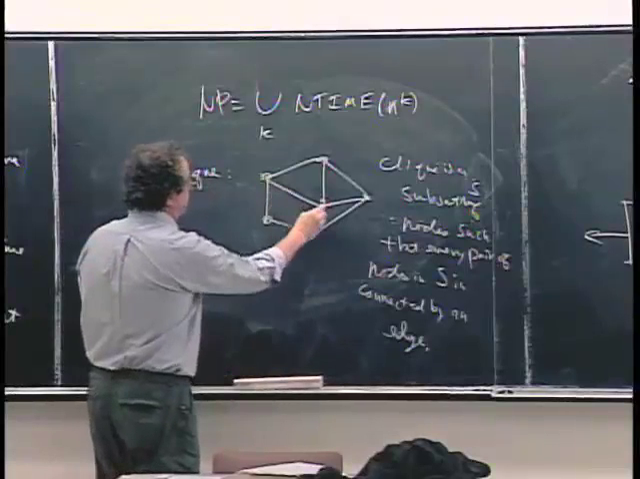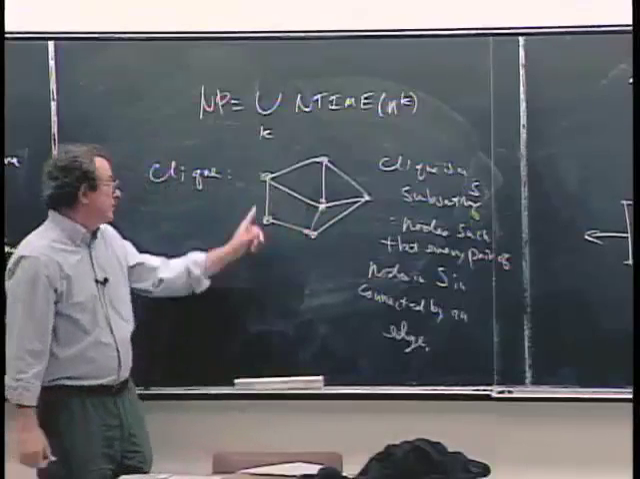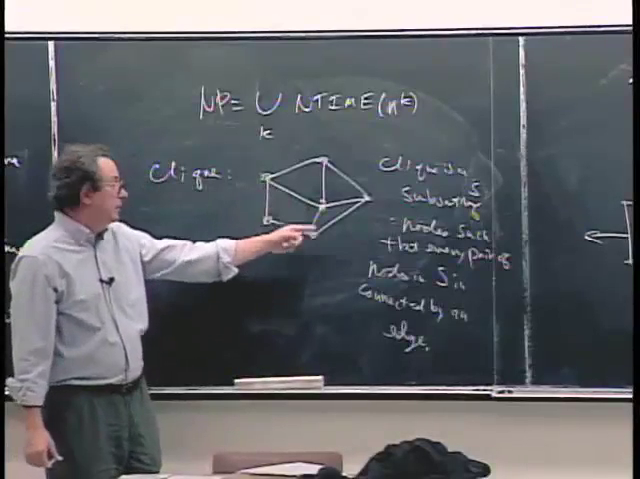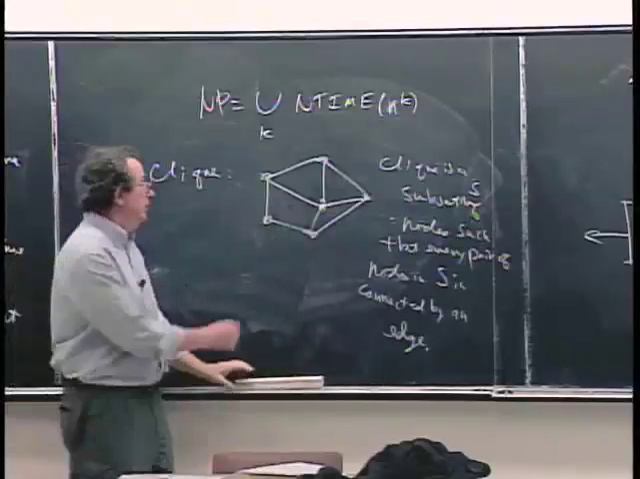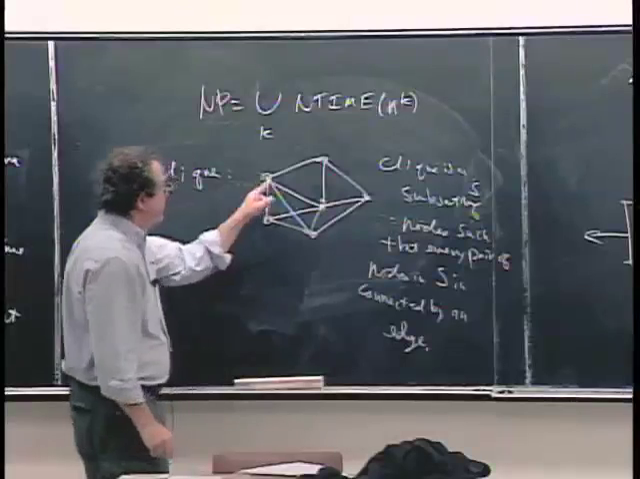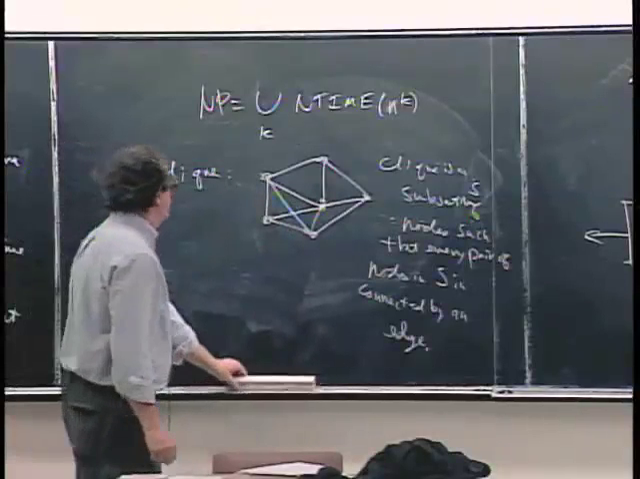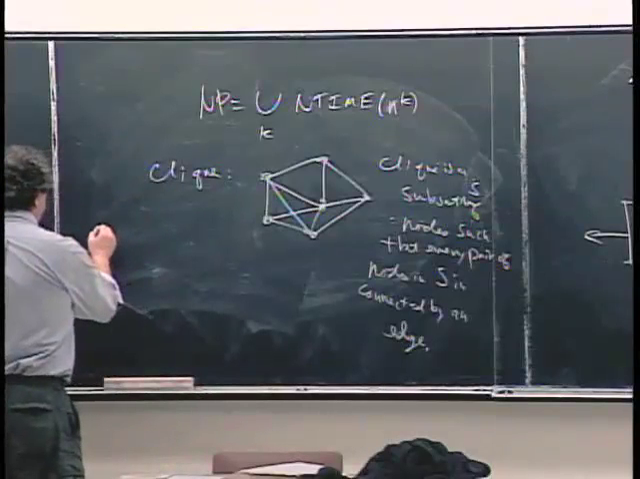If I take these 4 nodes, that's not a clique, because this pair of nodes is not connected by an edge, and this is not connected by an edge. If I put in these two, like that, then these 4 nodes now are a clique. Okay? So the clique problem, or the clique language